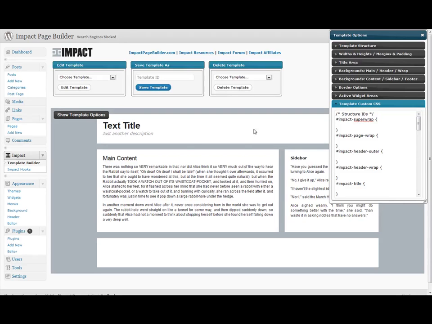Now basically what a div is in HTML, it's just little snippets of code that wrap around certain bits of content. So in other words, if you have a div that wraps around your header area and then you apply some custom styles to that div, everything inside the header area will be affected, or at least possibly affected, depending on the styles that you add. So it's pretty simple once you get the hang of it, and with Impact it makes it super easy